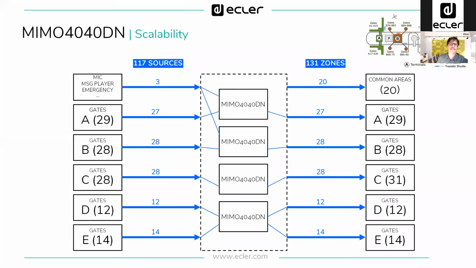And what has to be common are the common inputs. So general mic, message player, and an emergency message. So you can send these signals to all of the MIMOs, and you can cover maybe the common areas from each and every MIMO. So maybe this MIMO, which takes care of B gates, is installed right here, and maybe you can